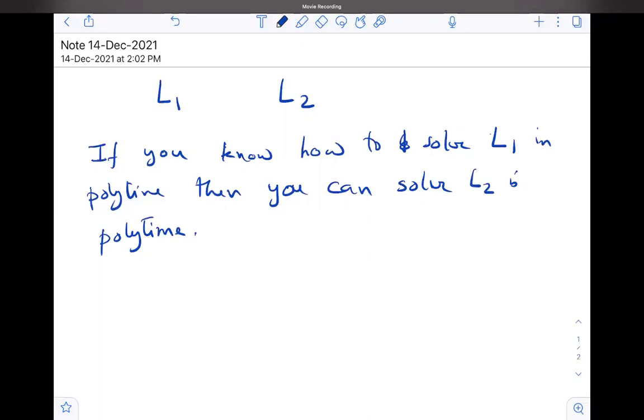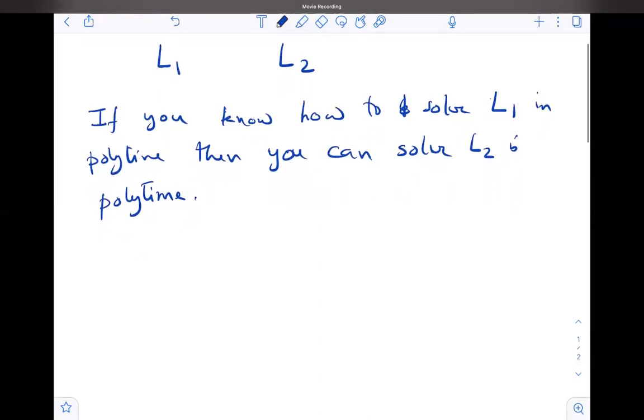So think of it this way. Your friend knows how to solve something. You have a problem. If you can reduce it to the problem that your friend can solve, then you will be able to solve your problem. Now, in that case, which is harder? Who is the smarter one, you or your friend?